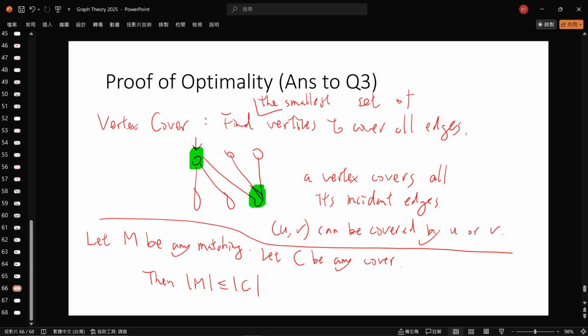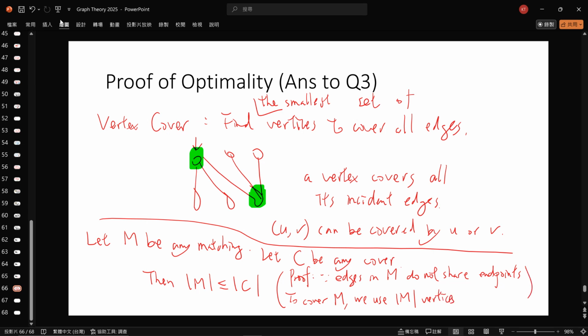OK，所以因为这些 matching 它的边都不会有共用 endpoint。所以如果假设你有3个 edge 在你的 matching 里面，这3个 edge 它一定都不会共用 endpoint。所以如果你光要 cover 这3个 matching 里面的 edge，你就至少需要3个 vertex。OK。Okay, so for example,